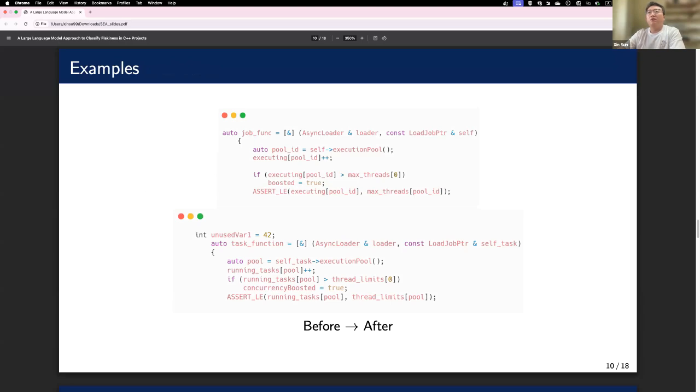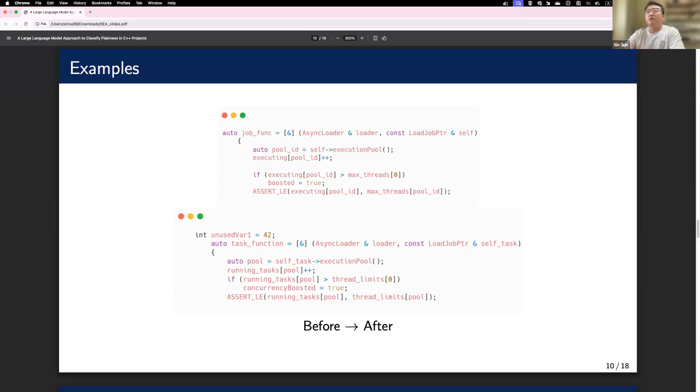So here you see an example of the original test case and one of its augmented versions. The one above is the original, and the one at the bottom is the augmented one.